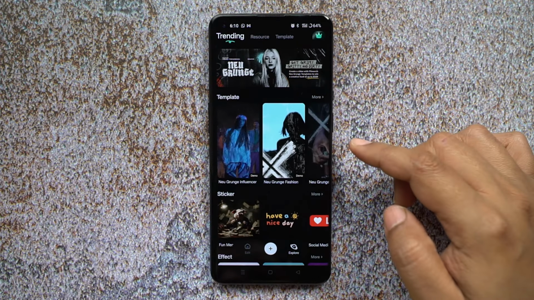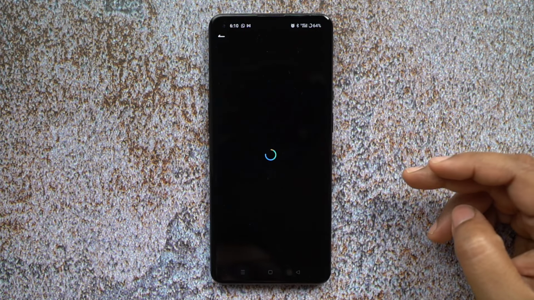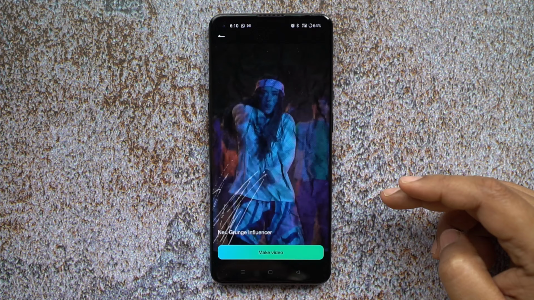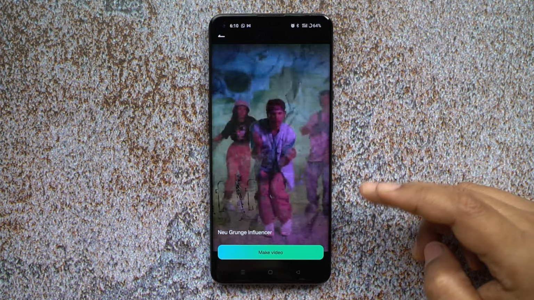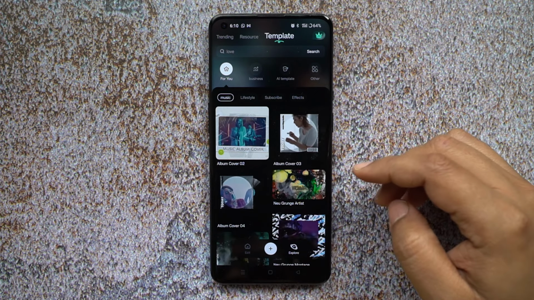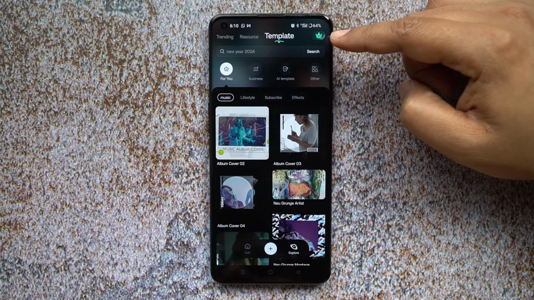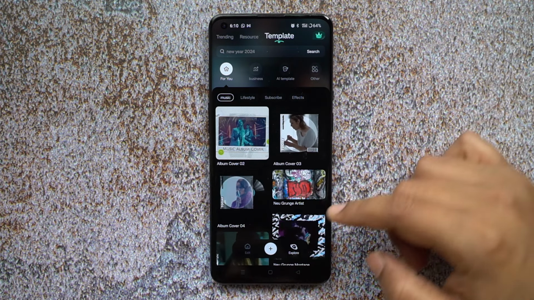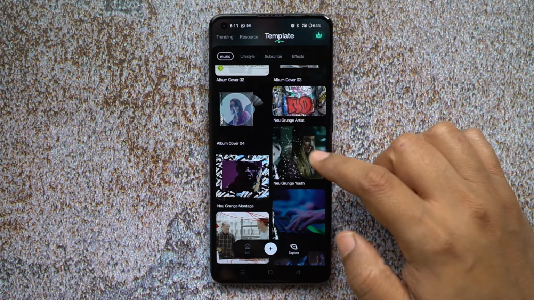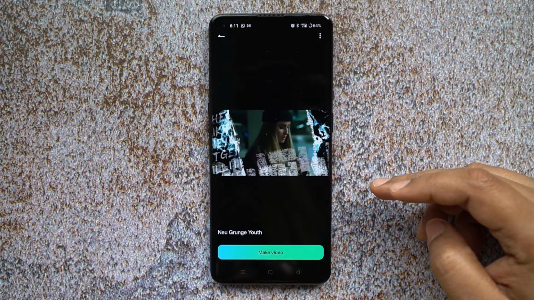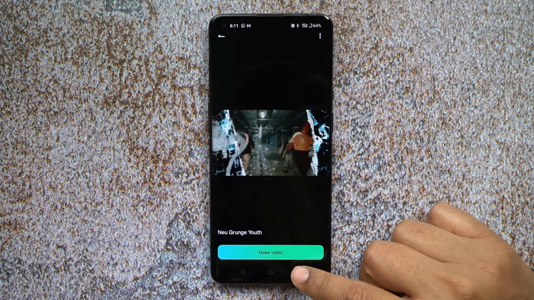Since the effects are endless, you can go to the trending tab to check the most trending effects, templates and music videos and make videos without wasting any time. Filmora mobile app has the biggest collection of pre-made templates, and there is even a tab for music. So if you're creating a music video, you can do that within a minute simply by replacing the demo videos